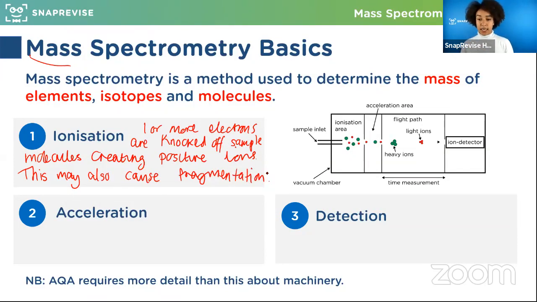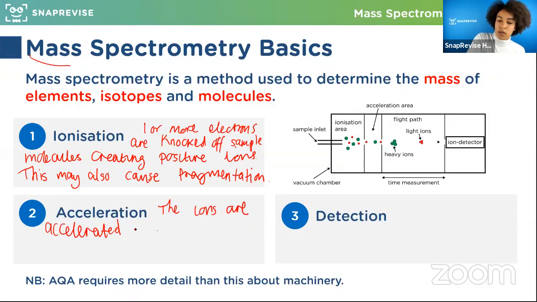Cool. So the next step, once we have our ions, is that we accelerate them. If we've got something that's positively charged, what do you think is a good way of getting it to move somewhere else? Positive charged ions are attracted to a negatively charged plate, causing them to speed up as they travel towards the negative plate. Oh, perfect. Yes. So if you use something negatively charged, everything's going to rush towards that. That's our acceleration, with a negatively charged plate. Perfect. So many great answers. So acceleration: the ions are